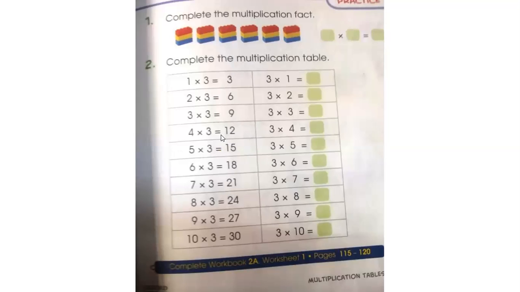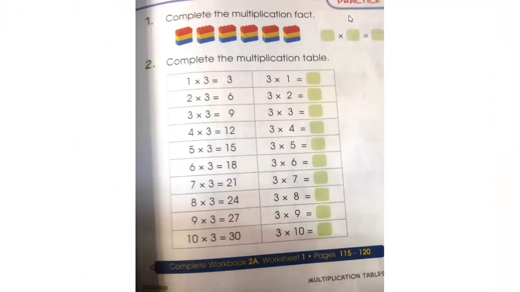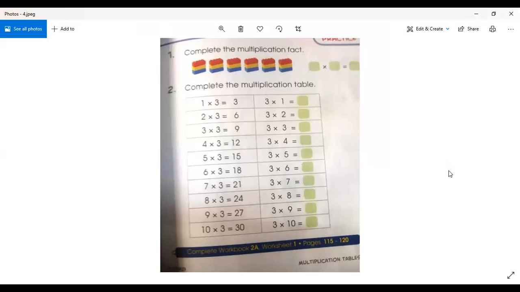This is your home assignment, home task. You will write the table of 3, right? Now what we will do, we will learn the table of 3 first, and then you will write it.